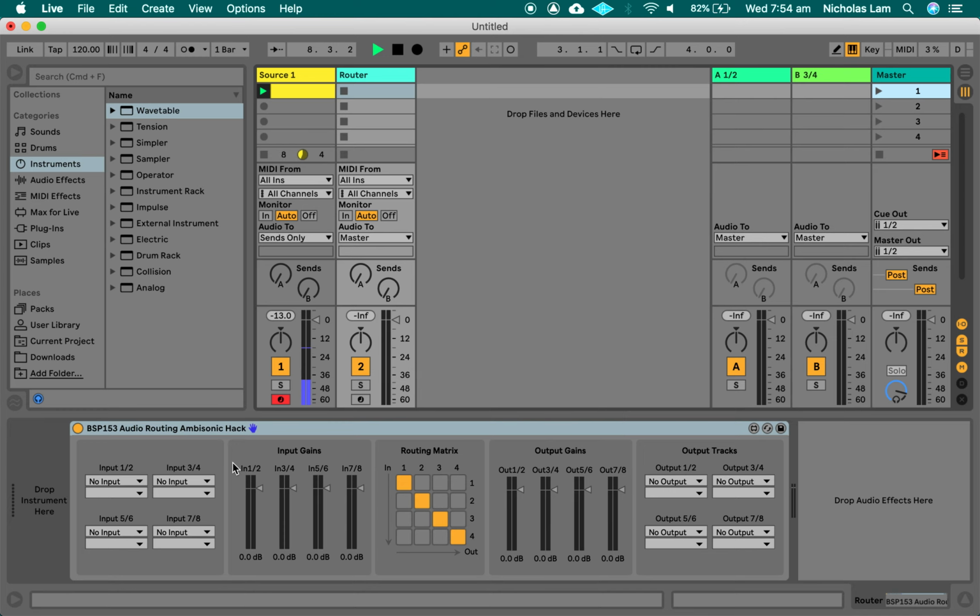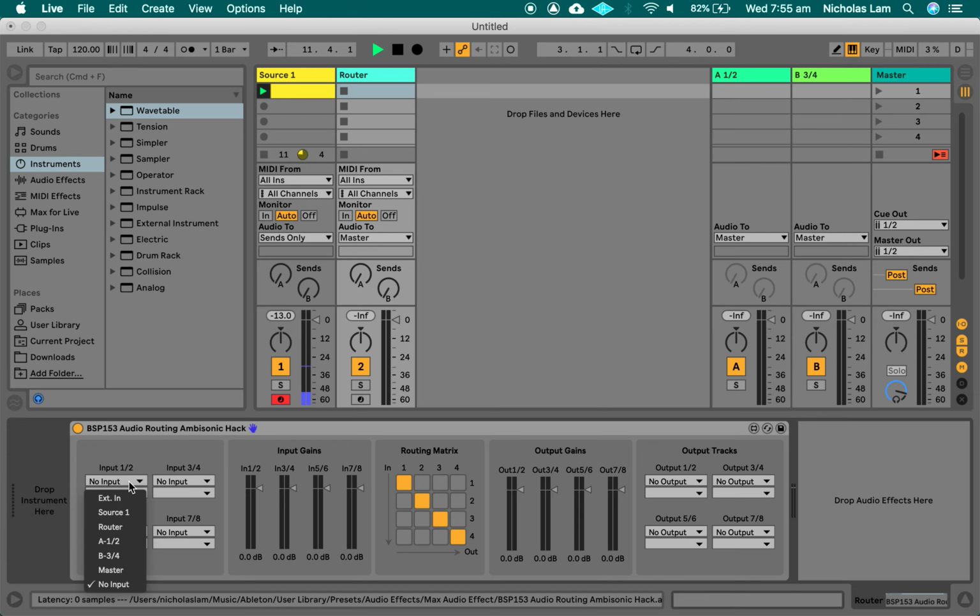So for the first input on our Max for Live device that we're hacking, we need to select where our first signal is going to come from. I'm going to select track name source 1, and there it is. And it's that simple at the moment. Now, I think we will probably remove the implementation of this router here because I don't think we're going to use it. So let's just, to simplify matters,